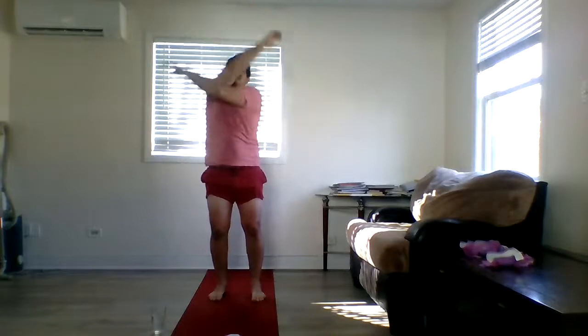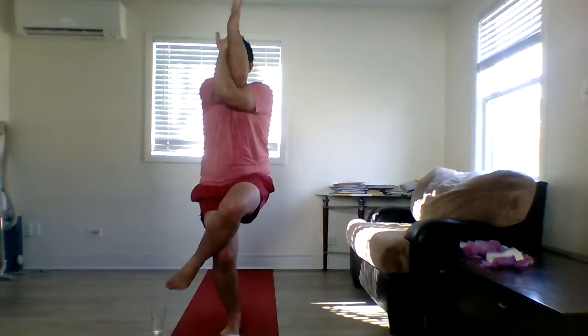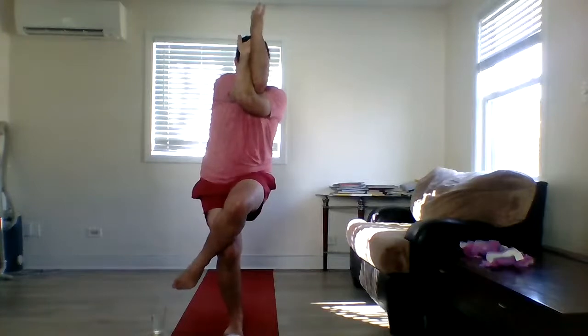Eagle. Inhale your arms up. Right arm under left. If you can't grab your wrists or interlock fingers, grab shoulders. Inhale again. Exhale, chair. Inhale, right leg over left. Tighten the belly, no gap between thighs. Point your right toe towards your left ankle and lift the elbows to the height of the shoulders. Move your knees to the right